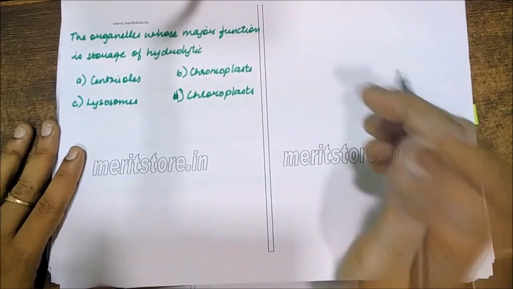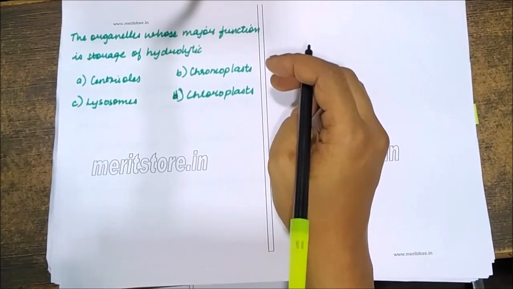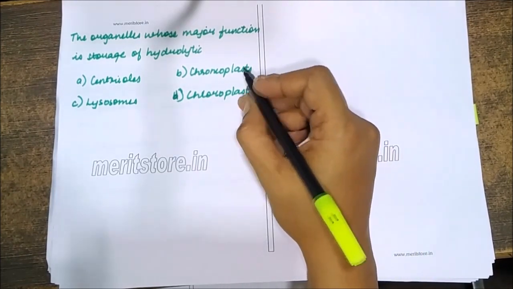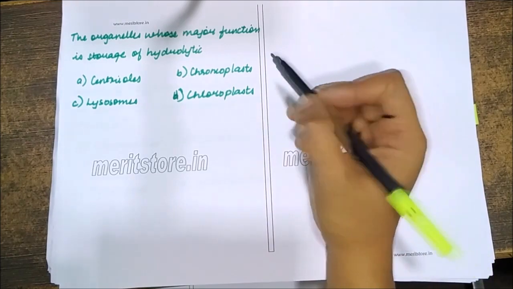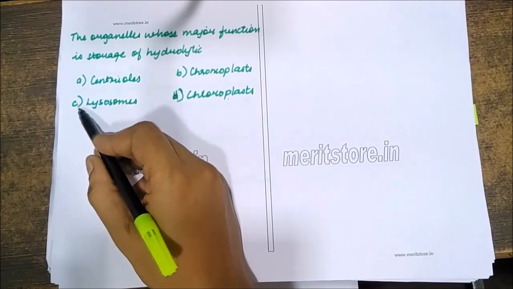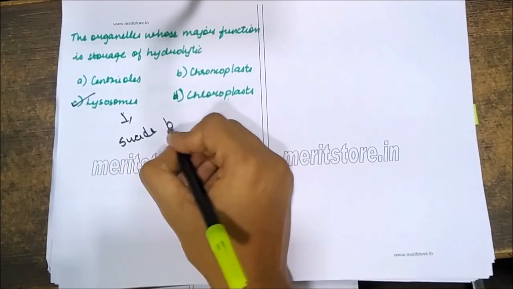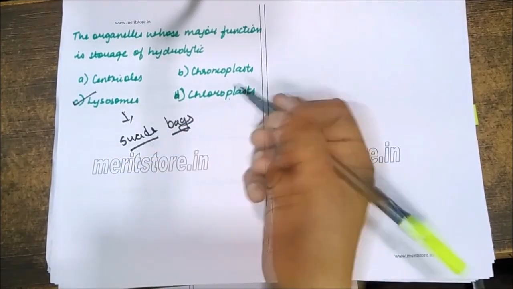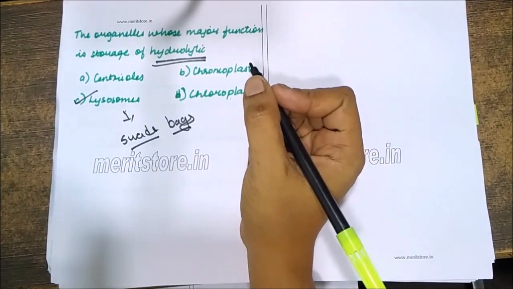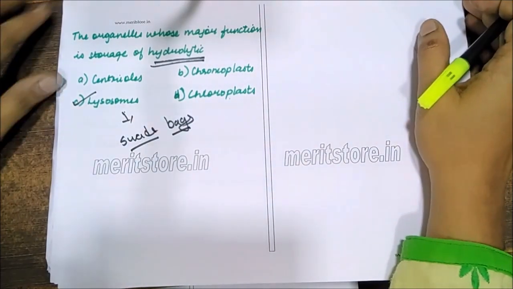Organelle whose major function is storage of hydrolytic enzymes is what? Is it centrioles? No, centrioles are involved during spindle formation. Chloroplast or colored pigment. C and D option is same only. Chromoplast? No. So lysosome. See, lysosomes are also termed as suicide bags. Remember. And it is lysosomes which will secrete hydrolytic enzymes. So lysosomes are the ones which are helpful in storage of hydrolytic enzymes. Next,